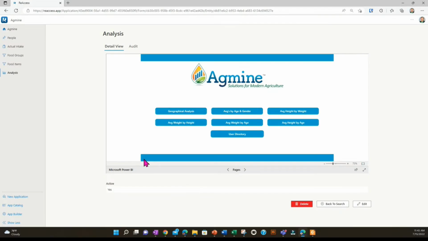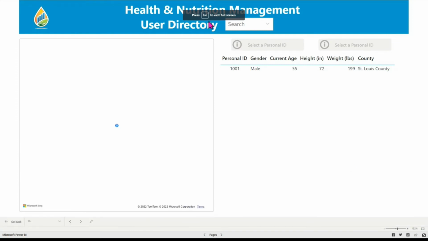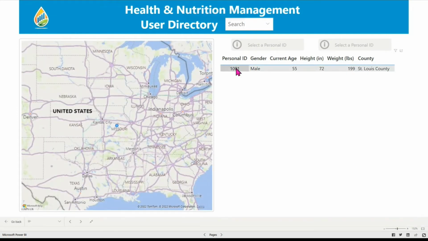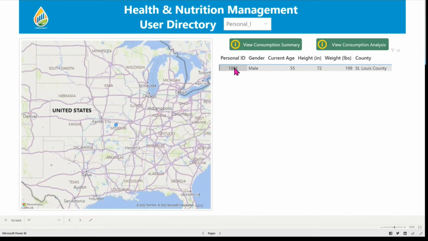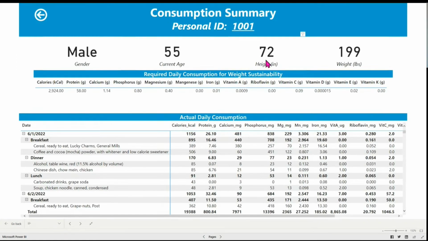And let's start with the user directory. And let's pick that individual there that is 55 years old, 72 inches tall, and 199 pounds. And let's start by viewing the consumption summary. So here we have a table that shows the profile of the person and the requirements, the intake requirements for calories and protein, calcium, phosphorus, various vitamins and minerals. And the app keeps track of the foods that were consumed for breakfast, lunch, and dinner on each of the